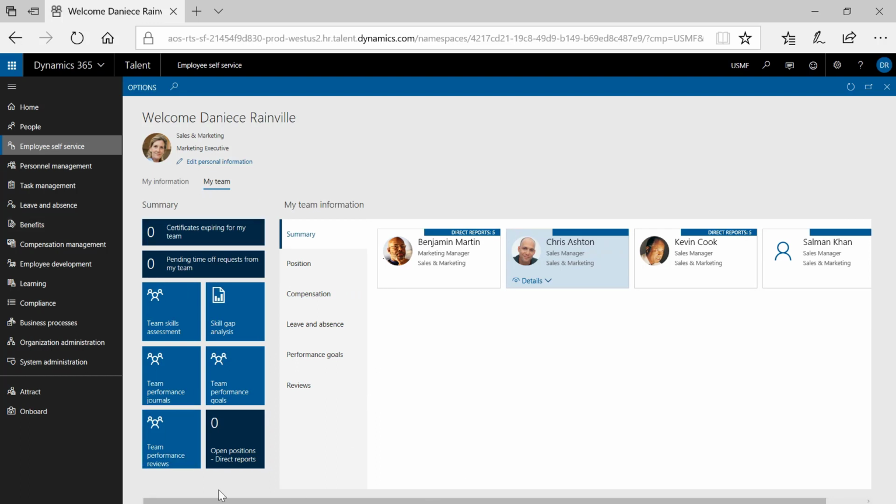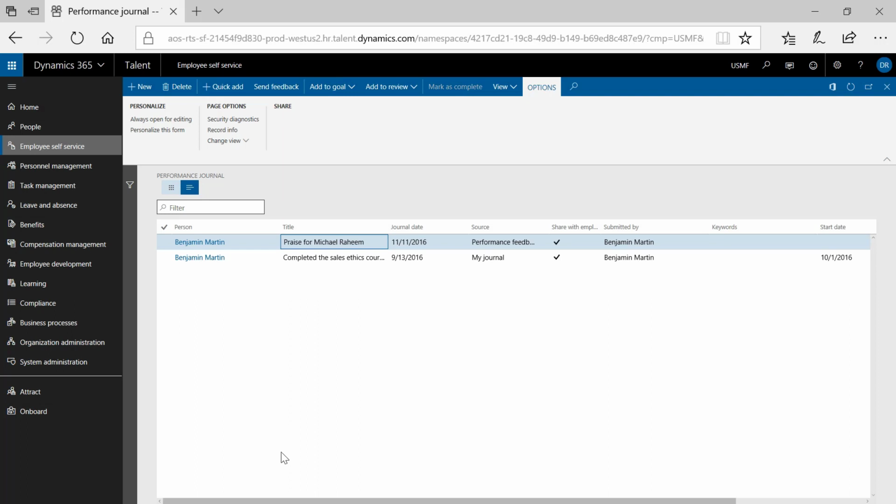I have the summary section, which allows me to click on different tiles to access different areas, and then the My Team information. In the summary section, we have team performance journals as one of our tiles. So we're going to click on that. And once the page opens, you can see that we have two performance journals already in the system, and they're both for Benjamin Martin. If we want to add a new feedback journal, we can simply click the Quick Add